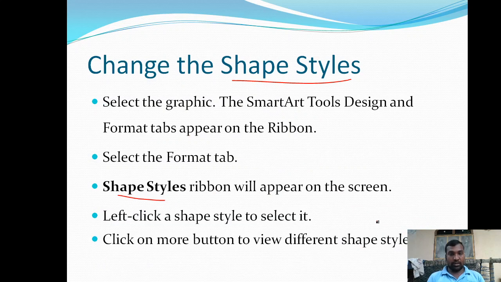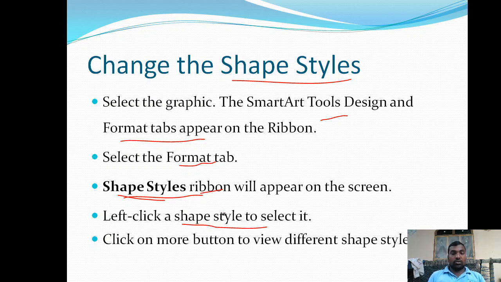So if you want to change the shape styles, click on the shape or SmartArt graphic where you want to perform the change operation. Then the SmartArt Tools Design and Format tabs appear on the ribbon in the menu bar. Select the Format tab, and under the shape styles ribbon, different shapes are displayed in the shape style menu option.